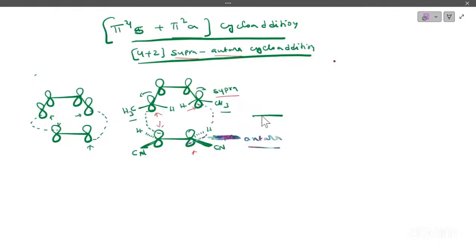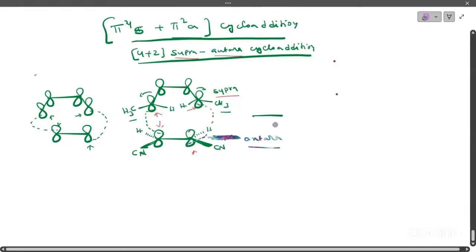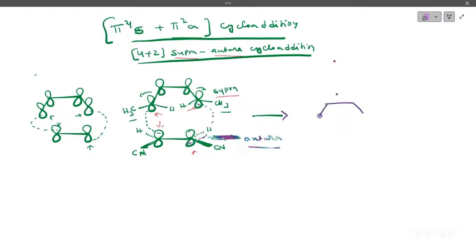Then, right. Now the product is, you can look here. A six-member ring will be generated. Then at this position, this is the antara. Therefore, this C-C bond needs to undergo rotation. Therefore, at that position, the stereochemistry becomes inverted. Then the product is